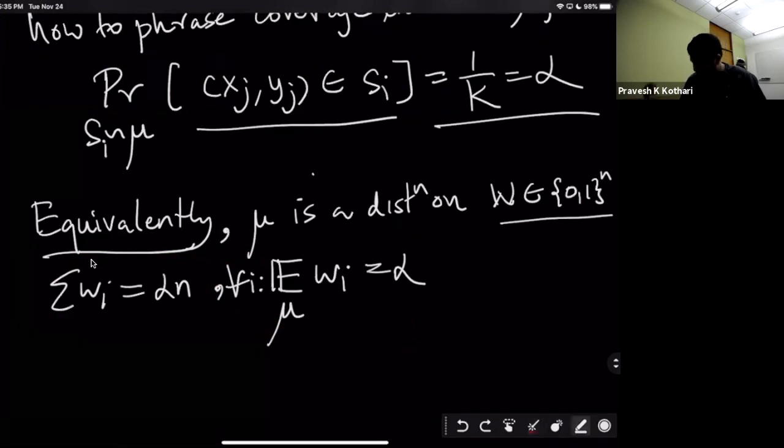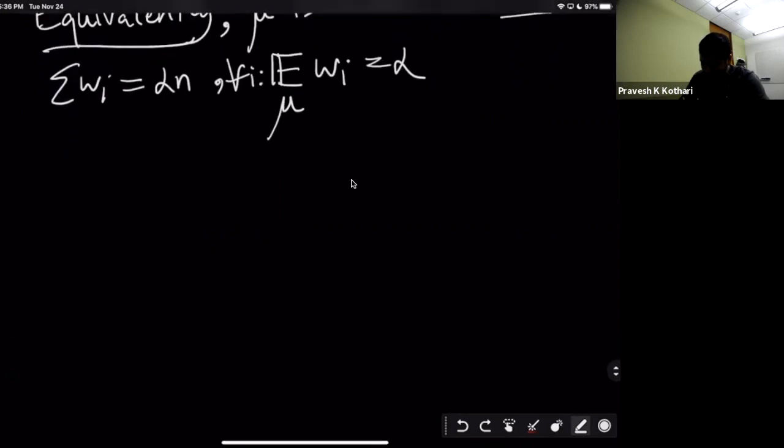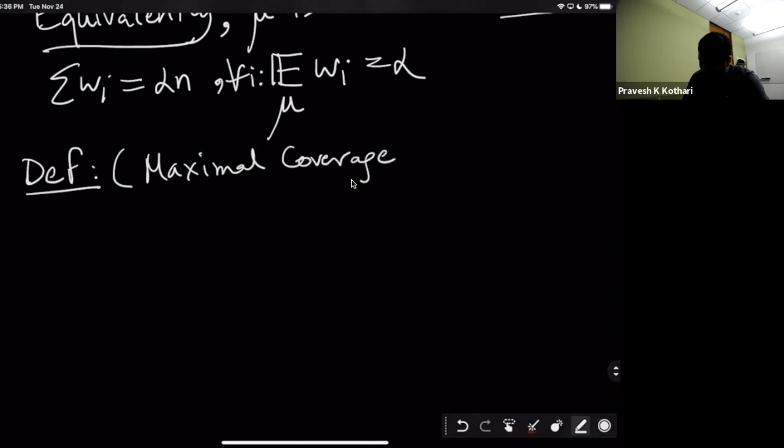Okay, very good. So now the key point is that such a soluble partition may not exist. This is what we were struggling with. That's why we generalized this. So we now have to talk about a generalization of a soluble partition that always exists. So here is my generalization. I'm going to call it maximal coverage partition or maximal coverage distribution.